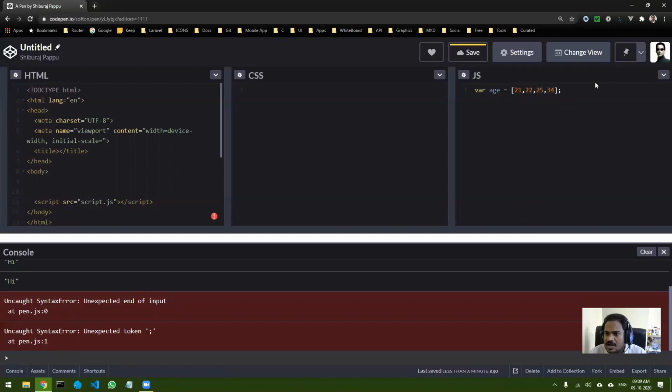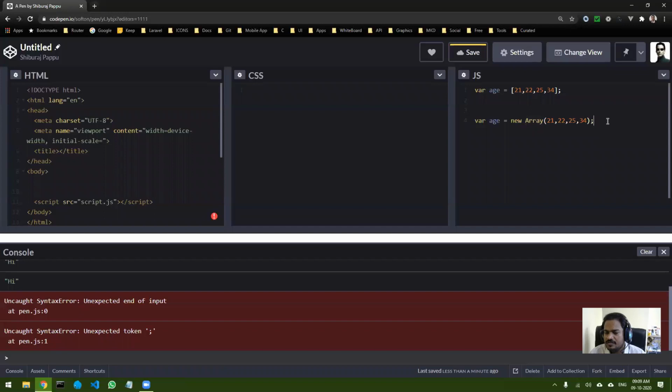So this is one way of doing it. Another way is using this syntax, new Array, and inside this you can again use the values. So this is also one of the ways. The second method can be used for declaring any variable, in fact.